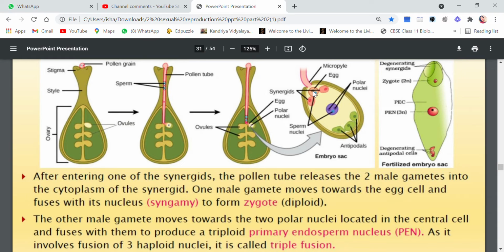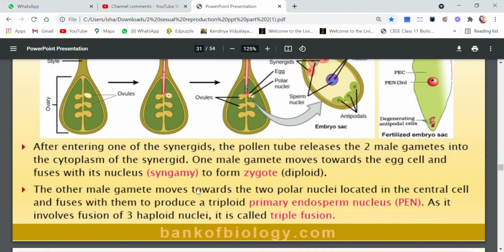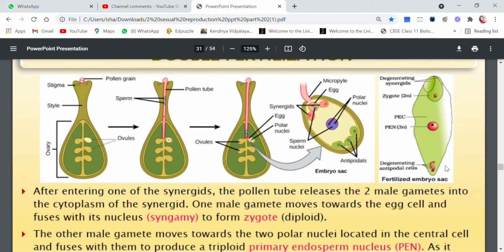Now let's see what happens to the second male gamete. The other male gamete moves towards the two polar nuclei. If you remember, polar nuclei were present. Remember, 8 nuclei, 7 cell stage. There are 8 nuclei, you see 1, 2, 3, 4, 5, 6, 7, 8, but the cells are 7. So here the two polar nuclei were already present. The second male gamete moves towards the polar nuclei located in the central cell